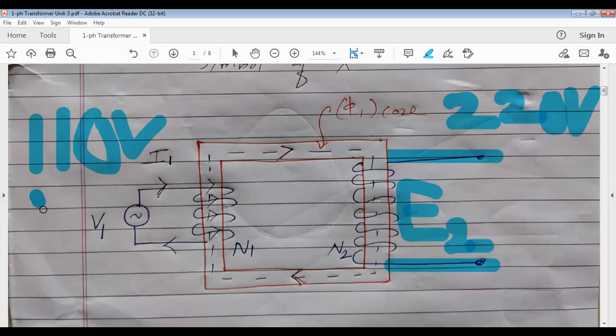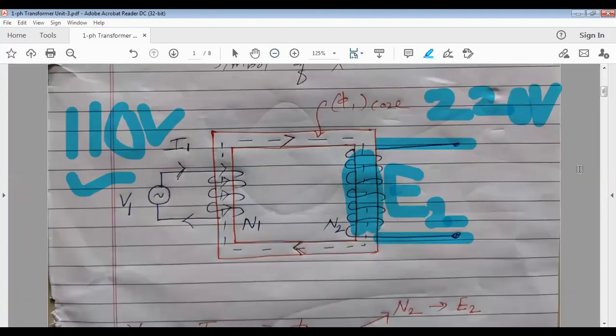So 110 volt is the voltage you are going to apply on the primary. Maximum how much will you get on the secondary? 220 volt. Consider you are getting this induced EMF E2 of 220 volt on the secondary. The secondary is open, and 220 volt gets induced in the secondary winding turns. Will current flow through the secondary on no load? The secondary is open, so will current flow? No, ma'am. No current will flow because it's open, isn't it?